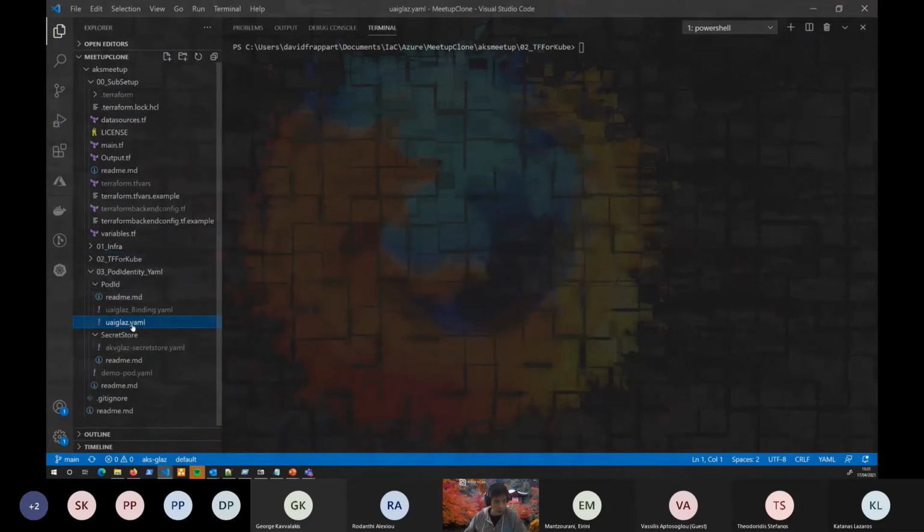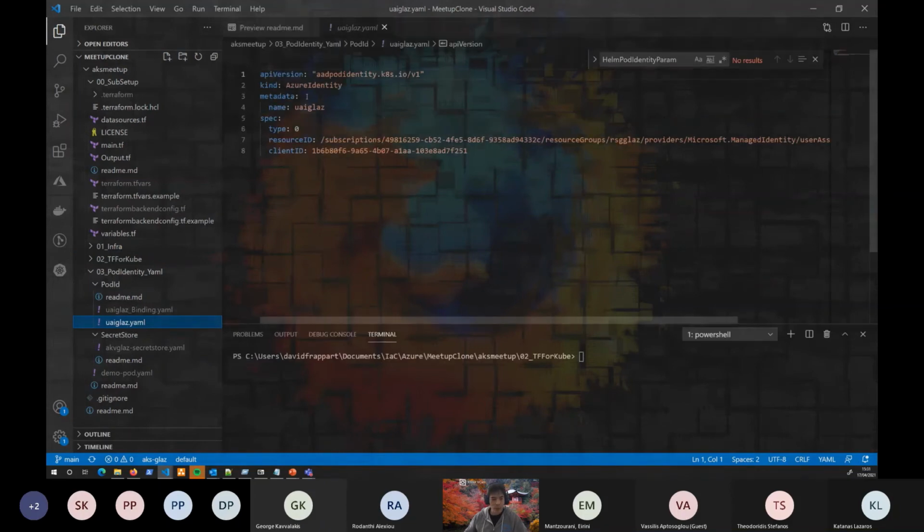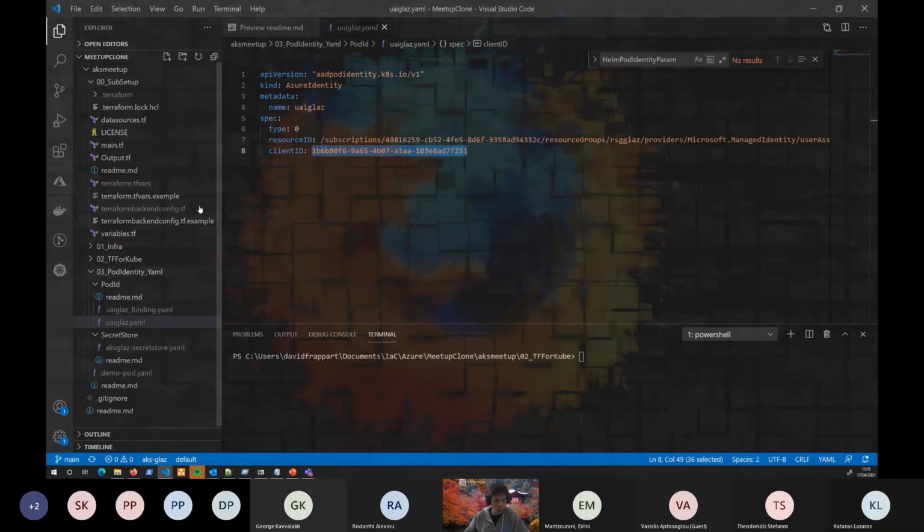If I'm looking at my managed identity, you can see that I have a user assigned identity with the name of my identity and the corresponding client ID and the corresponding resource ID. Okay, this was provisioned automatically when I provisioned my cluster by the means of automation.